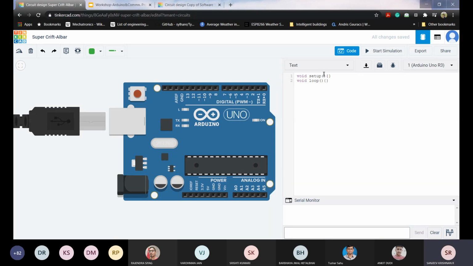Setup is a function which gets run only once. The program flow starts from setup. Whatever is given inside the setup gets executed once, and then it goes to loop. Whatever is given inside the loop gets executed again and again.